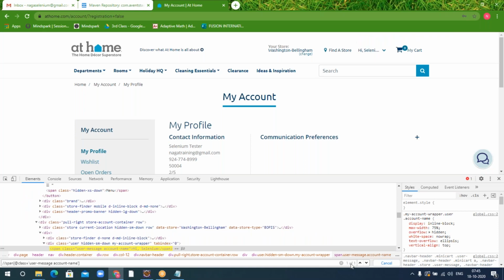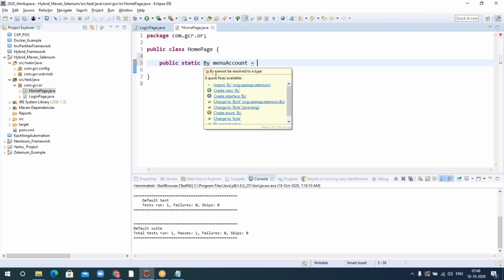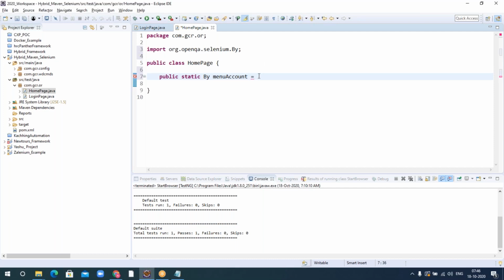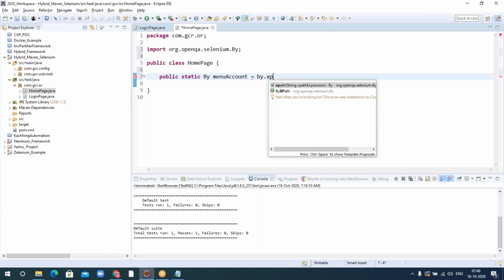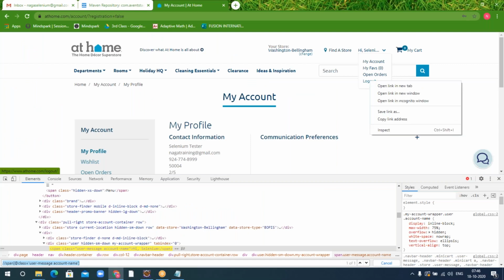Okay, perfect. It is showing only 1 of 1, so I can go ahead with this. I'll just do a mouse over on that, and then I'll perform that. So public static By, it's a menu, right? I'll just say menuAccount. These names you can give anything, but I'm trying to give some meaningful names. Okay, By.xpath. Okay, perfect. Then I need to do a logout also.